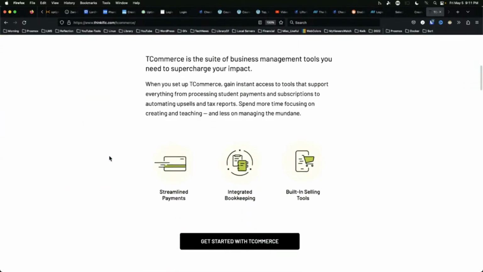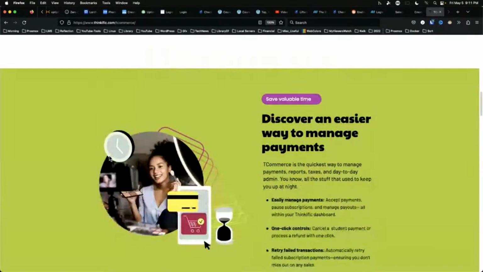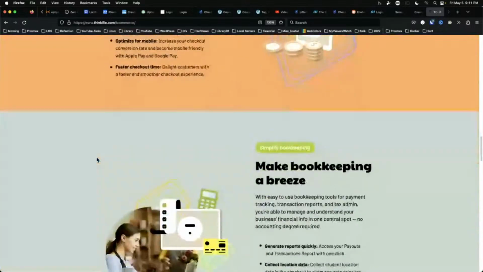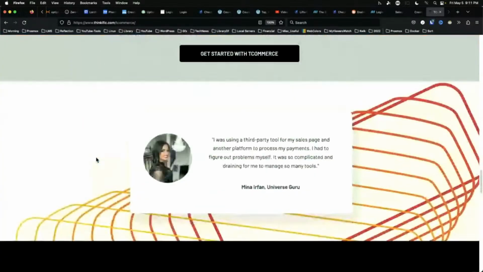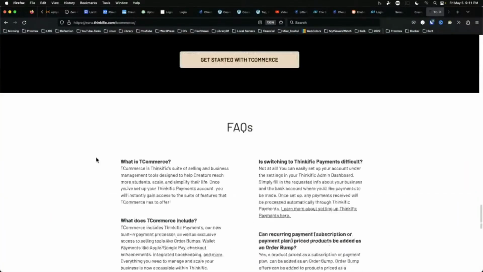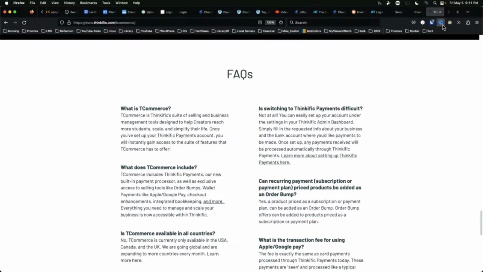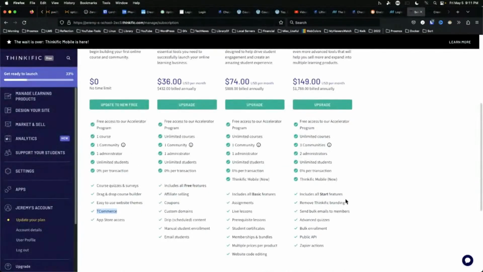A suite of business management tools you need to supercharge your impact. So, yeah, I get access to this with the free version even. So that's good. App Store access. I'm not sure what their App Store is, but